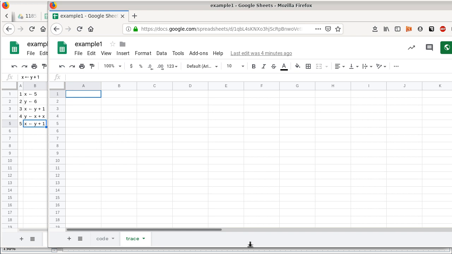So now we have to look at the standard of what a trace table looks like. And this is going to be the same kind of standard that we use for the rest of the semester. So what we are learning here is something that you basically have to reuse all semester long. So it's worthwhile to understand what I'm expecting, what I want you to do in terms of the